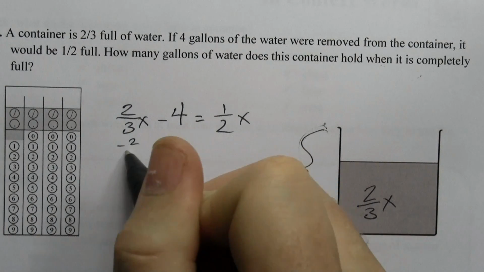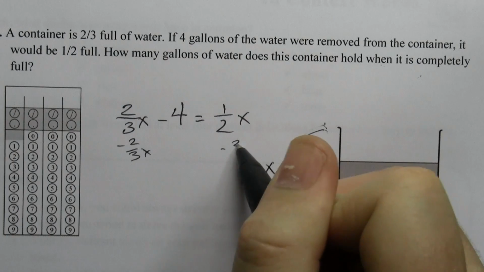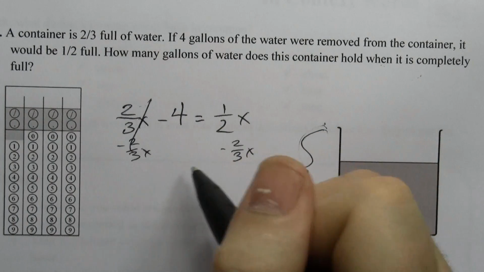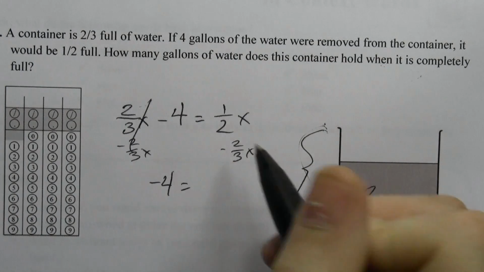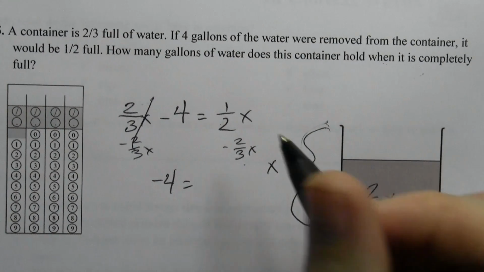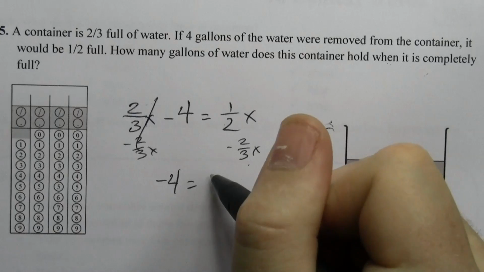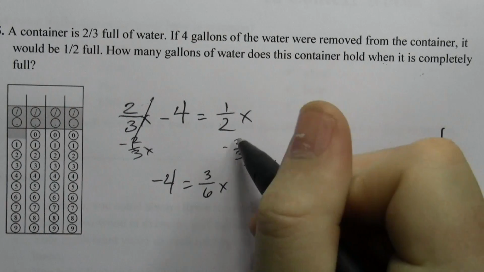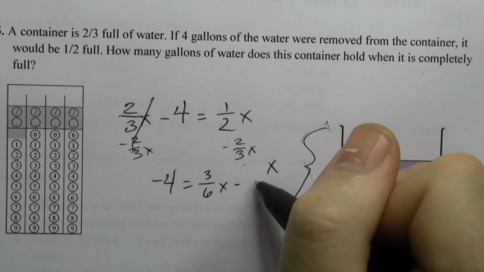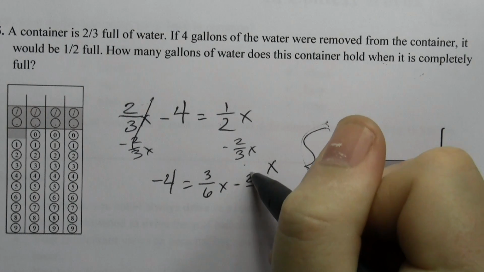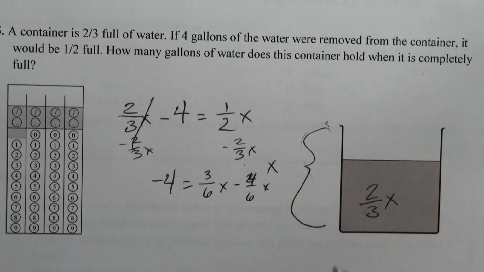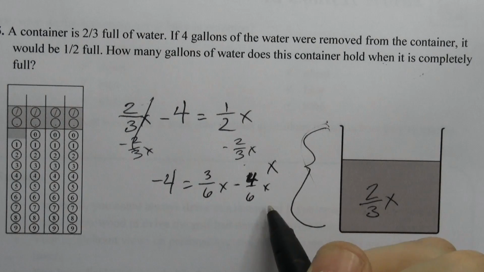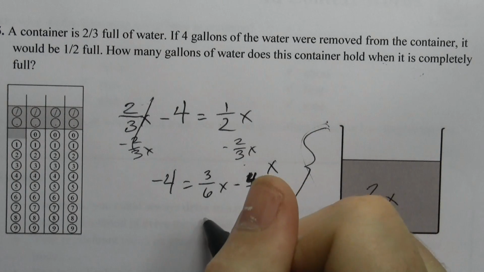So we're going to subtract 2/3 X from both sides. And you say, but Patrick, that's going to give us a negative number. It's okay because we have a -4 over here. So -4 equals, now remember you want to get the bases the same. So 1/2 X is the same as 3/6 X, and then 2/3 X is the same as 4/6 X, right? So 3/6 minus 4/6 is -1/6,